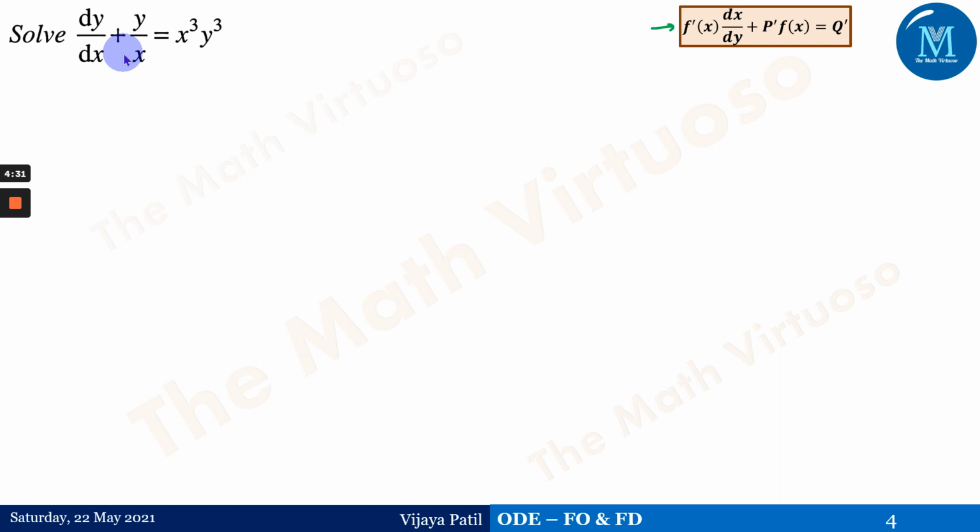So if I need to have this as dx upon dy, it would be difficult for me to go and separate it out. That means for this particular format, if I try to go for this type of f dash of y into dy upon dx plus p into f of y is equals to q, it would be easy. Now for example, to make this as f dash of x dx upon dy format, I have to take the reciprocal of both the sides. Now if I'm taking the reciprocal of both the sides, it will give me 1 upon x cube, 1 upon y cube, and that would be difficult for us to get separate.